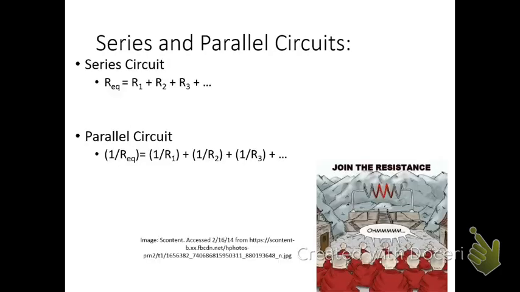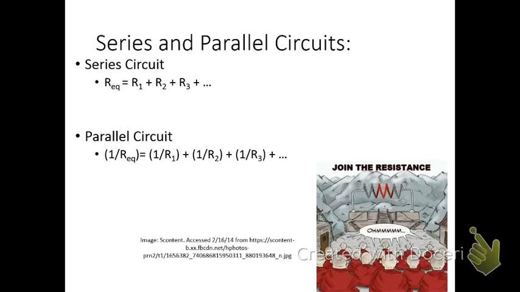You'll also need to know equivalent resistance rules. For a series circuit, the equivalent resistance is just the sum of the individual resistances. For parallel, it uses that weird reciprocal rule. So 1 over the equivalent resistance will equal 1 over R1 plus 1 over R2 plus 1 over R3 plus